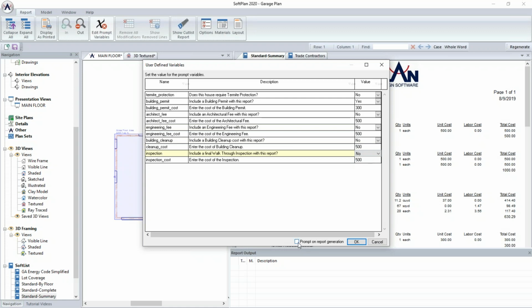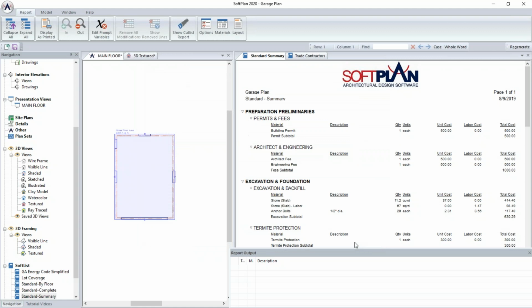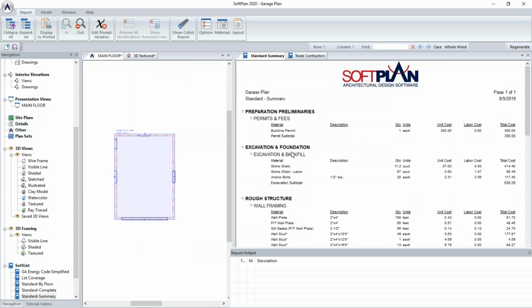The other thing I want to point out here is this prompt on report generation at the bottom. I'm going to turn that on and hit OK. Now the first thing we'll notice here is that we'll no longer have architects or engineering fees, but we still have the building permit, though its cost is now changed to $300 as opposed to $500. Now, if I were to close this report